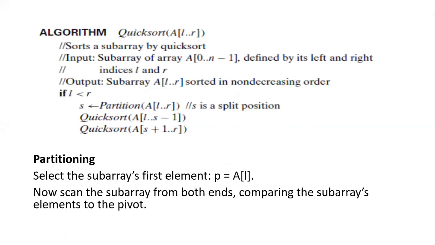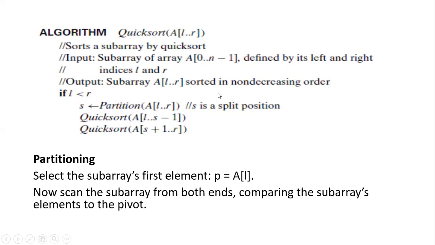So this is the algorithm of quick sort. It will sort a subarray. The input will be an array, where the first index is called low and the last index is called r. Then the output will be the sorted, non-decreasing array. So if the index low is less than the index r, then I